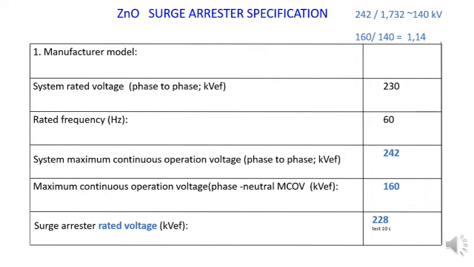And by the end, the surge arrestor rated voltage is a value referred to a test which is done with a duration of 10 seconds, more or less like saying that this is the voltage that the lightning arrestor can support during 10 seconds without discharging. Then you see that the concept of rated voltage, the nomenclature of rated voltage for surge arrestors is quite different from the denominations that we give to circuit breakers, isolators, and so on.